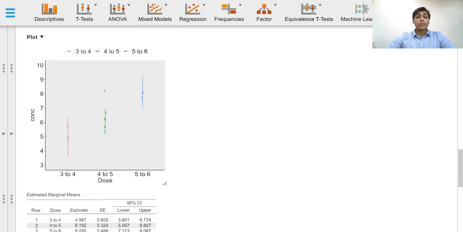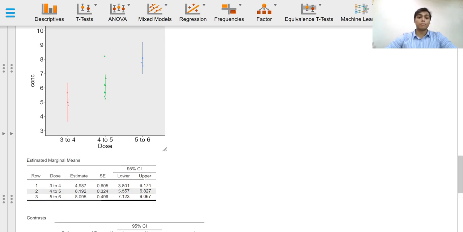As discussed in the previous video, this is an estimated marginal means plot where the estimated marginal means for each of the levels of the fixed effects factor of dose are provided, and we can glean from this plot that as the dose in milligrams of theophylline given to the participants increased, the average level of theophylline in the blood, average concentration of theophylline in the blood, also was higher at a